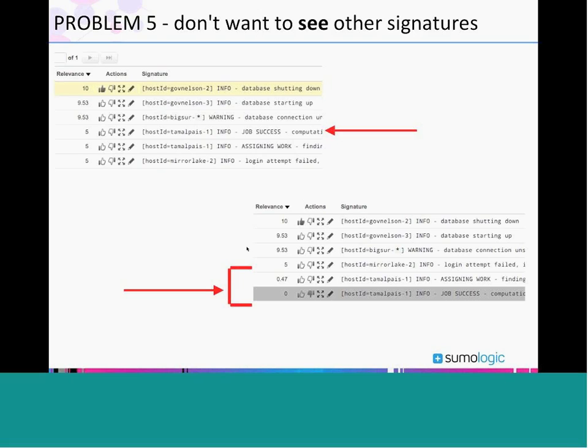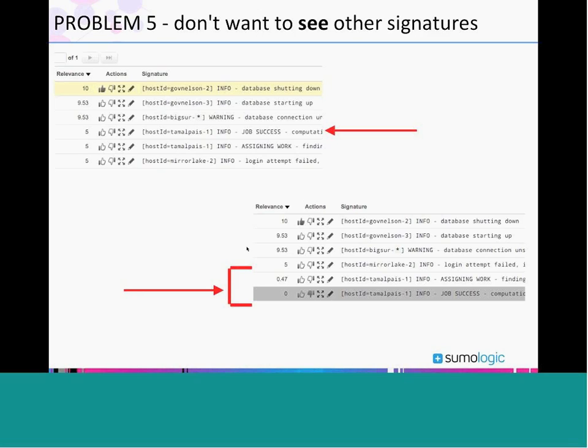kind of relevance-based scoring. And again, if you could add not clauses to the search to really block out all of the compute logs, but then they're totally suppressed and they're completely gone from the result, and perhaps you accidentally overblock and you miss things that you really did want in there. So this kind of soft relevance scoring, where Sumo Logic learns how to assign scores to the signatures that it previously learned, is just a much more flexible mechanism that can be really helpful for these kinds of applications.